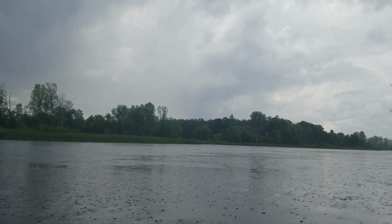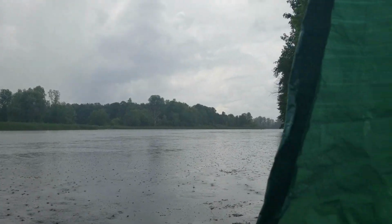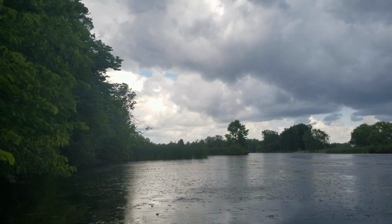Well, just stopped up under some trees. Pretty good downpour out there. Just waiting for the rain to let up a little bit. There's no thunder, just rain, but it's coming down. Blue sky over there. Well, I had to stop and put on my dry top, semi-dry top. I didn't bring any rain pants because it's